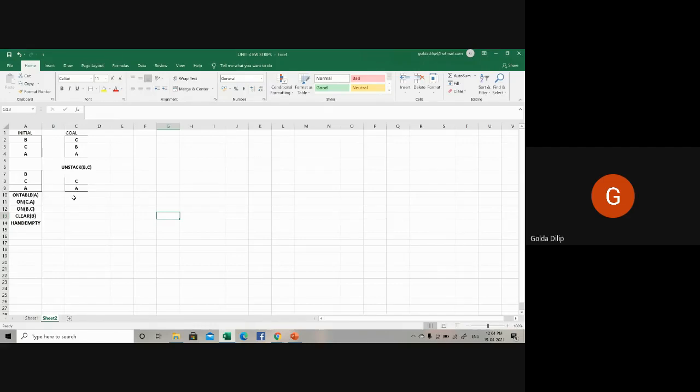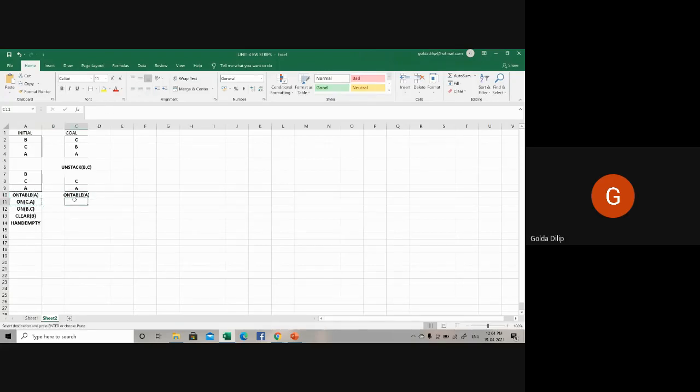Let's see what predicates hold good for this particular action, unstack of B, C. What about on table A? On table A still holds good. Then what about on(C, A)?